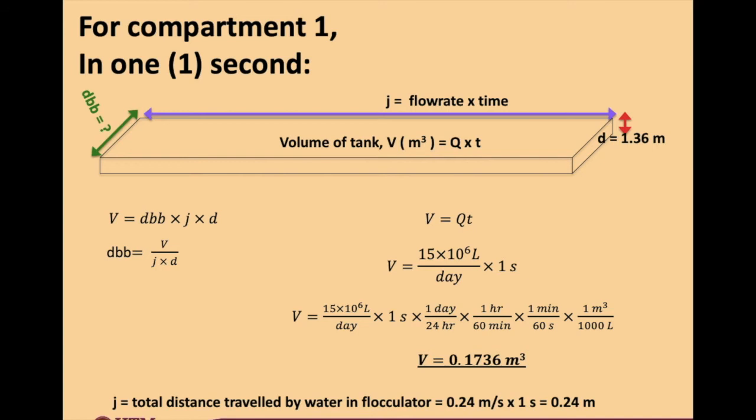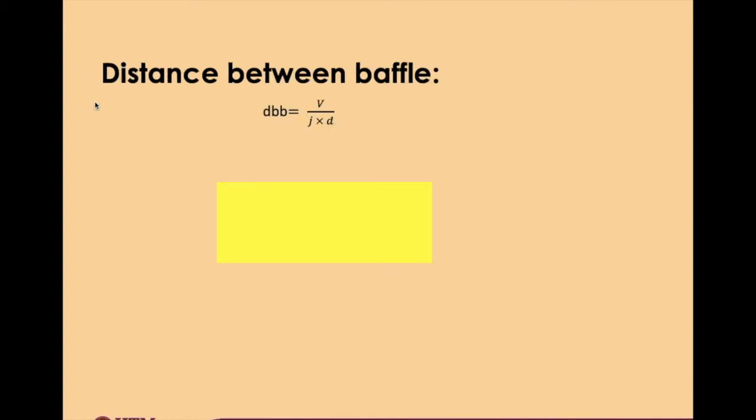All right. Now we have already got your V, the D, and also our J. So it's very simple to find your distance between baffles. The distance between baffles is volume divided by J times the depth of the tank. You will end up getting your dBb to be